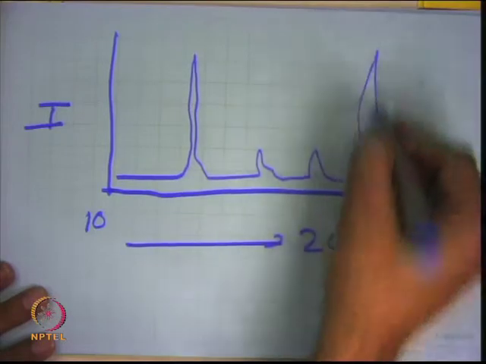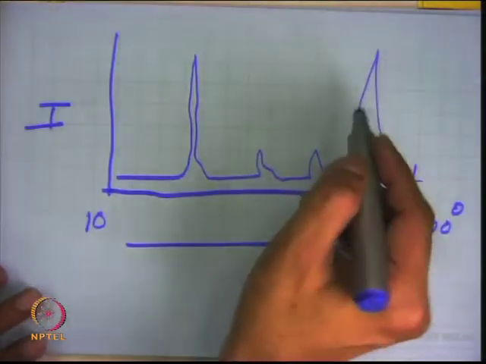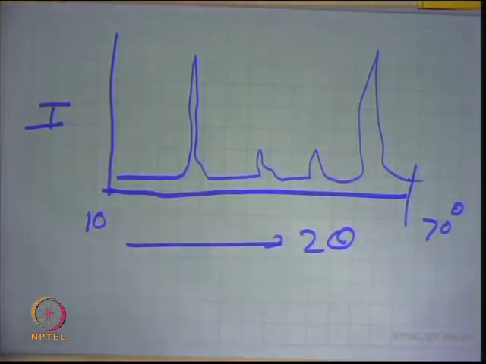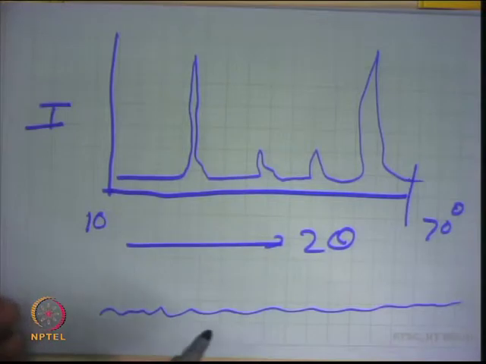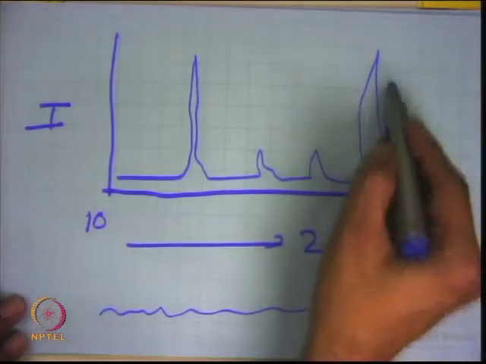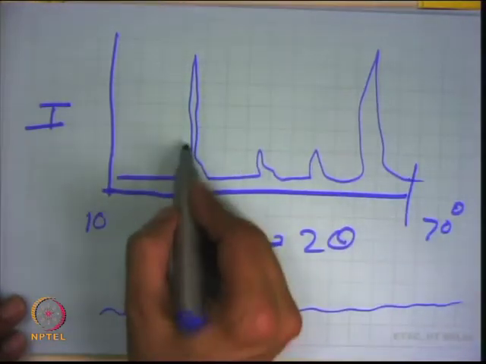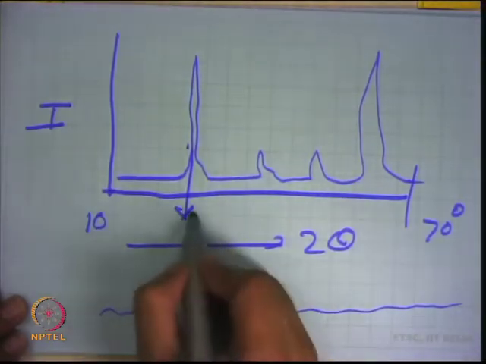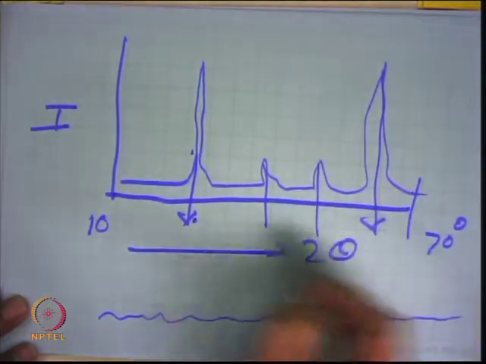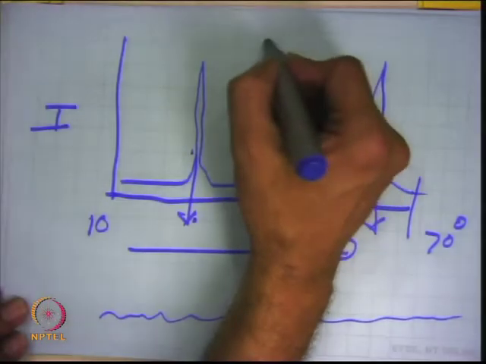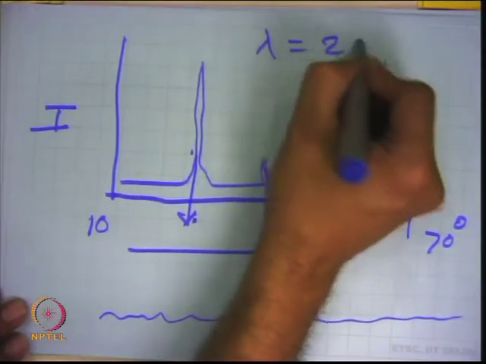So, suppose you have done this analysis, you will have a diffraction pattern something like this. If the material is crystalline, then you will get these peaks, because the phases are formed. If the material is not crystalline, then there will not be any peaks, so you will get just a line like this. This is for a non crystalline material, but for a crystalline material you get peaks like that, at different 2 theta values. This is your 2 theta axis. So, you can identify from the calculation, lambda equal to 2 d sin theta.